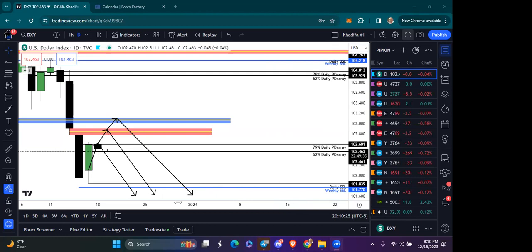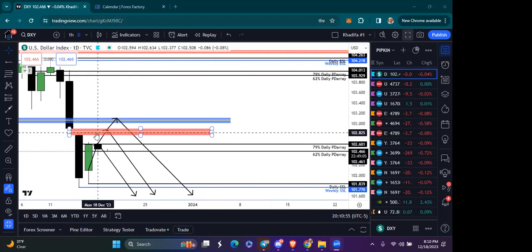Cool beans. All right. Looking back over the pre-week analysis from yesterday, I told you guys that I am bearish the dollar this week. These were my three levels that I'm looking for the dollar to sell off of. First is the current PD array levels that price is currently at.